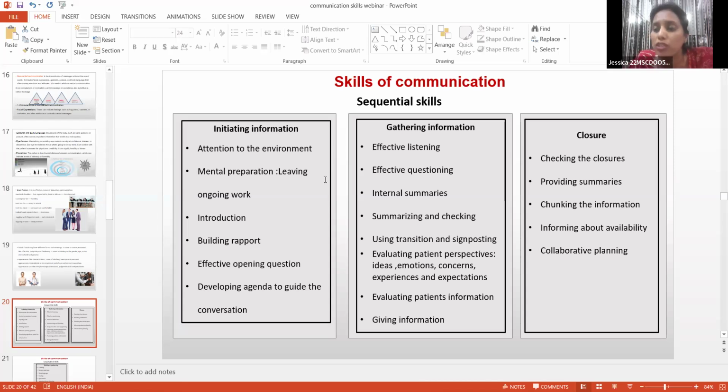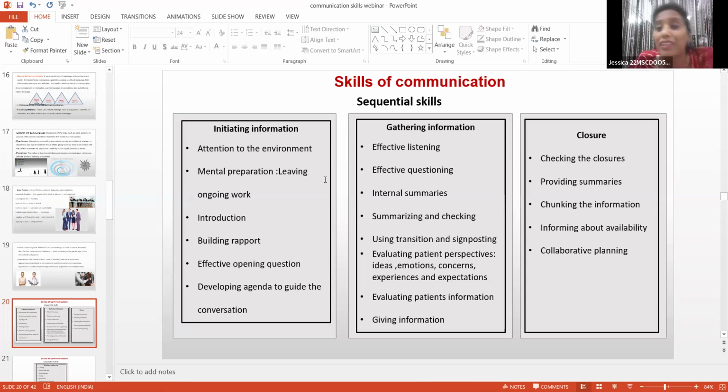Effective opening question. Now we have to interact with the patient. Most of us have been taught in case taking to always address the patient by name. Some opening questions are really very important when we start interacting with the patient. How are you feeling today? Rather than asking what happened. This opening question is very, very important for us to initiate information and develop the agenda to guide the conversation, so that we know that we have a good case taking